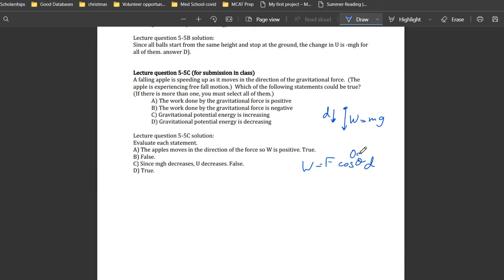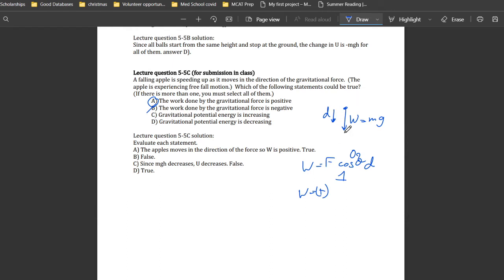Theta would be equal to 0, so cos theta would be equal to 1. So as long as the force and the displacement are in the same direction, the work done is positive. So answer A is correct and answer B is incorrect, because when we are considering this equation here, work equals force times cos theta times displacement,